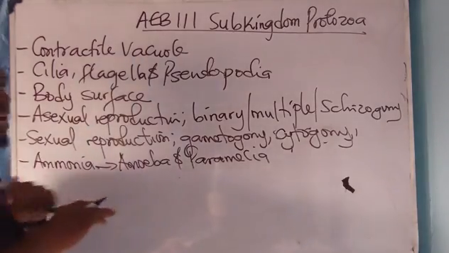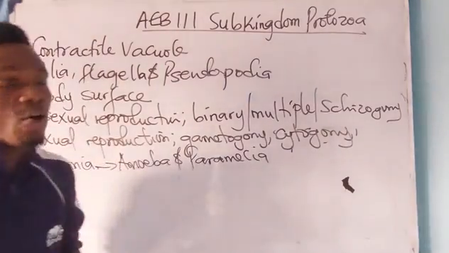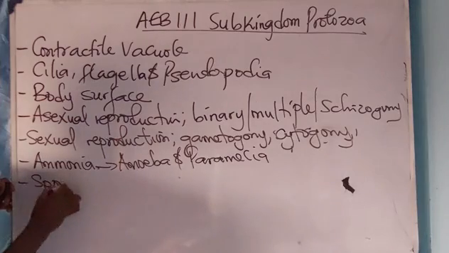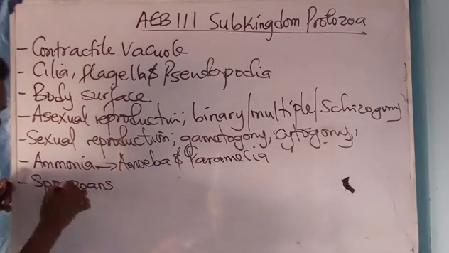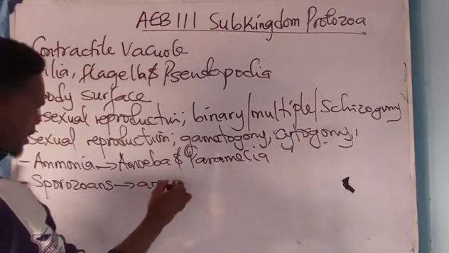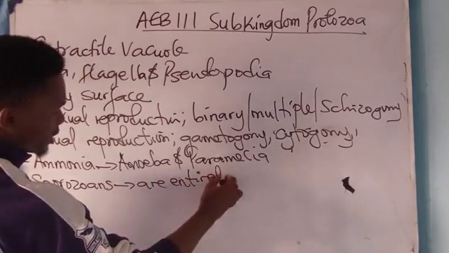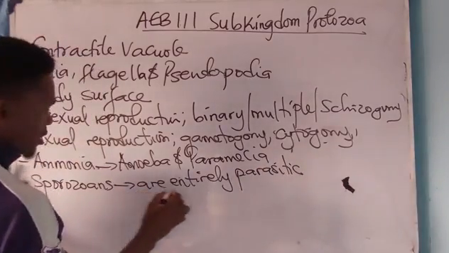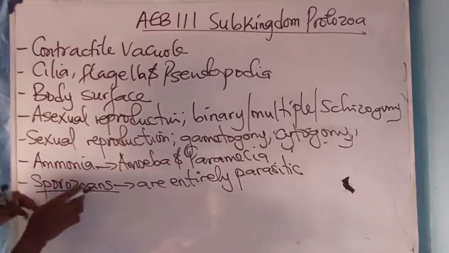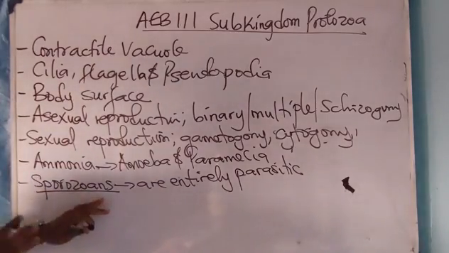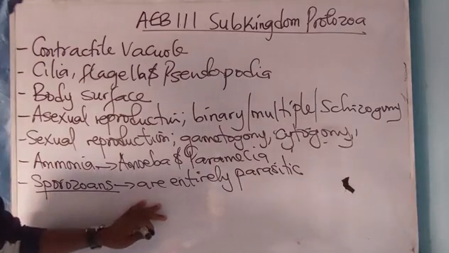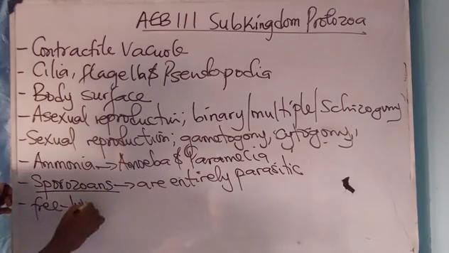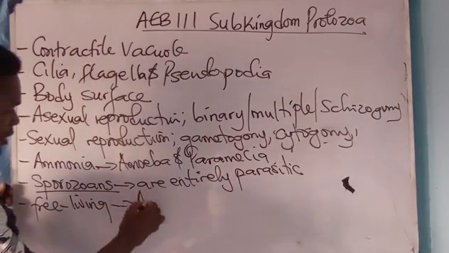Some are entirely parasitic, while some are free living. Take note, the sporozoans are entirely parasitic. These sporozoans are not free living at all. All of them are parasitic. You now have the free living ones. You have some that are free living, for example, the amoeba,